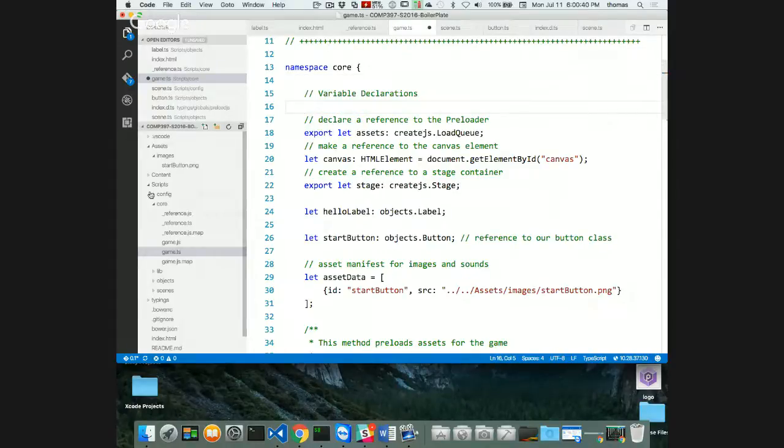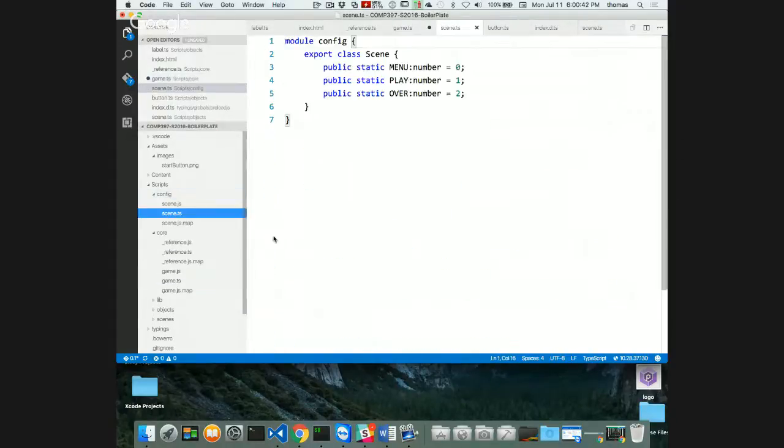If I go back to my config, and I go back to my scene.ts, I'm making these public static. That's good, but I'm exporting the whole class. So what I could do, if you really want to be a stickler, which, hey, let's face it, I want to be a stickler, right? I could export each one. But if I export them, then notice there's an error,